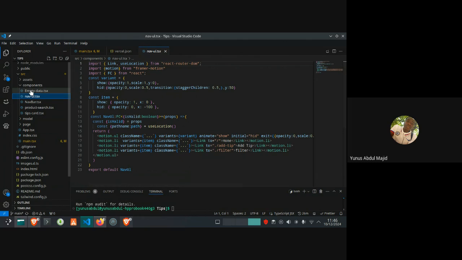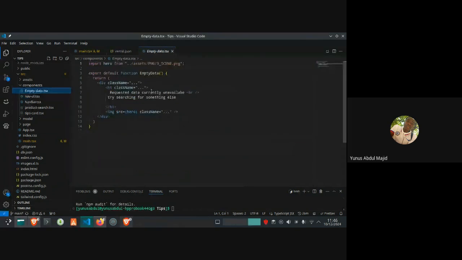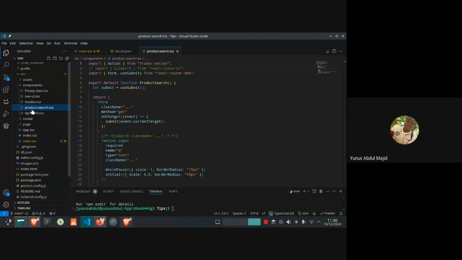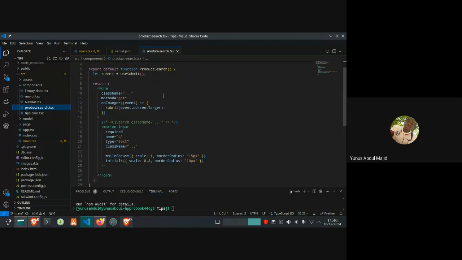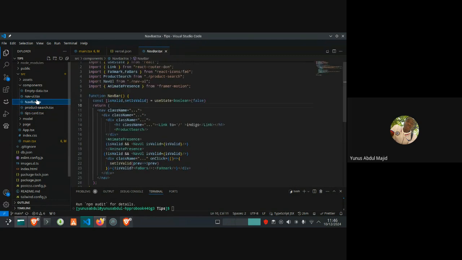While this shows when you request for something and probably the thing is not available, it tells the user that there's no content for this currently. So: requested data currently unavailable, try searching for something else. Then product search, this is a form to search for products. I think I use it inside the navigation bar.